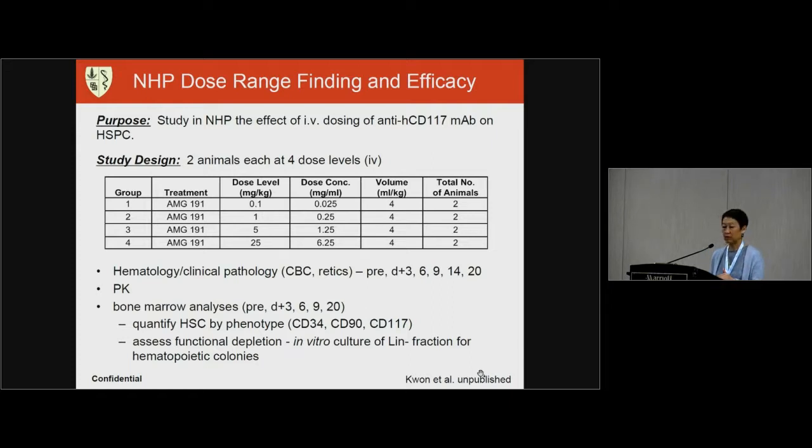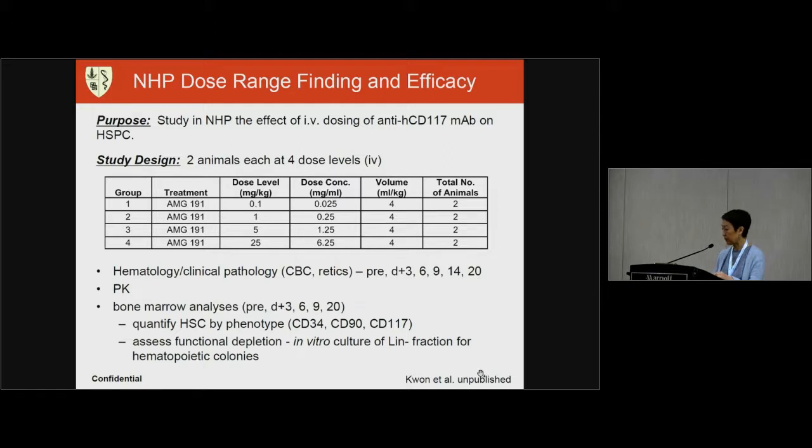So in this study, we also looked at PK because we wanted to see how long the antibody is going to hang around in the serum. And then we also did bone marrow analyses on day 3, 6, 9, and 20 after we gave the antibody. And we looked by phenotype for depletion of the hematopoietic stem cells in the monkey, and then also assessed by function. So we took the cells out and then we plated them and looked for